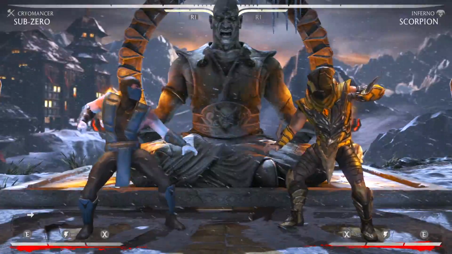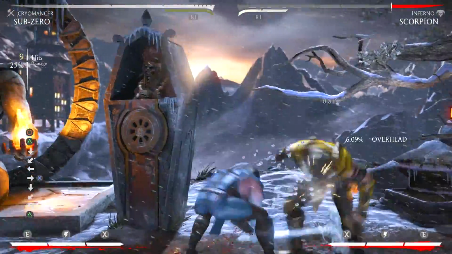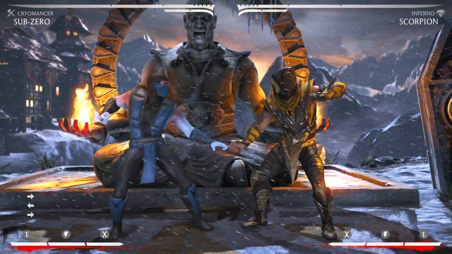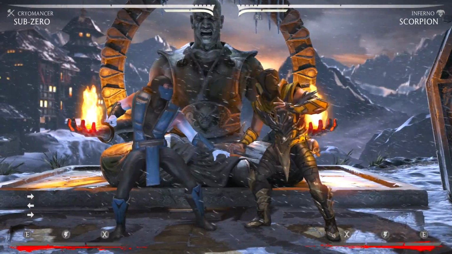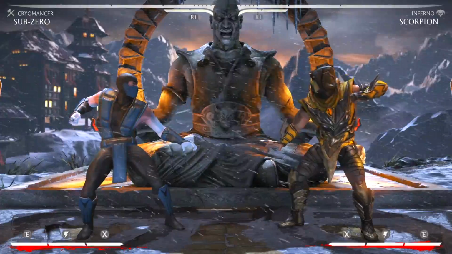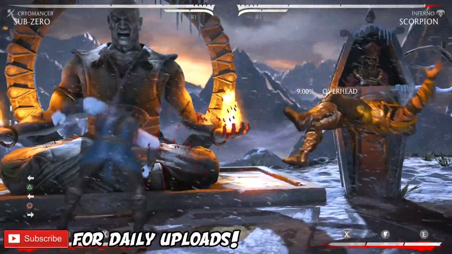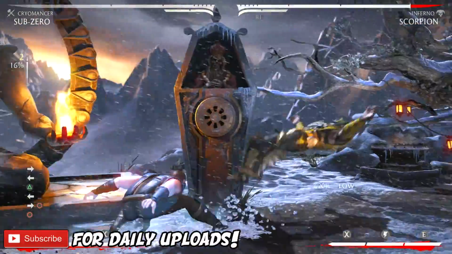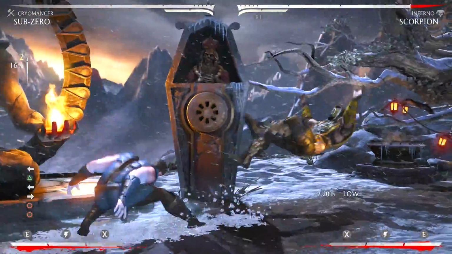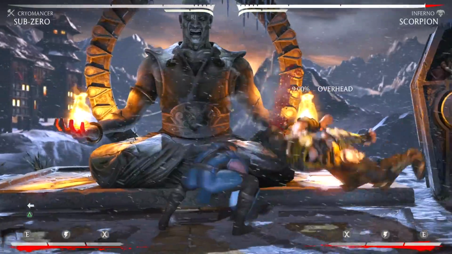Whatever you want, depending on what variation you're using. Cryomancer, you get a lot with it. If you don't feel comfortable in your conversions and your run cancels, you could always do this and then just slide. That's always going to connect. It's very easy. So if you're not comfortable with your run cancel conversion, just go with the slide. Keep it simple. It does 16% guaranteed damage, and you're close to your opponent after the slide,